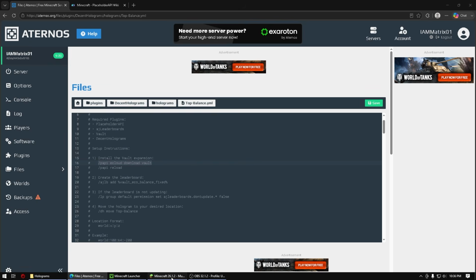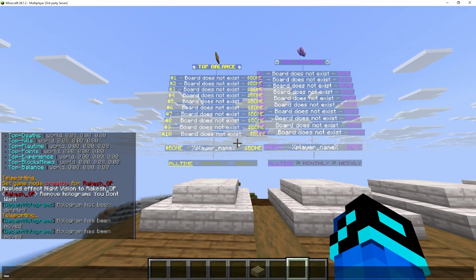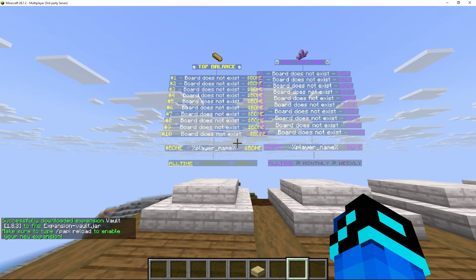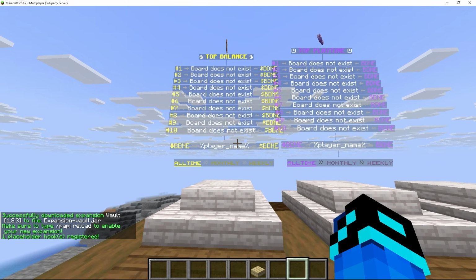These comments tell you exactly which commands you need to run for that leaderboard. For example, in the Balance Leaderboard file, the guide tells us to download the Vault expansion for PlaceholderAPI. So in-game, run this command, /papi ecloud download vault. After downloading the expansion, reload PlaceholderAPI with /papi reload. Now, after